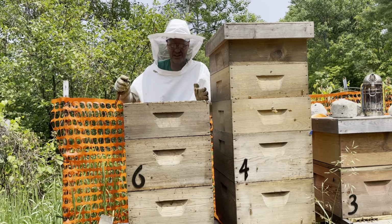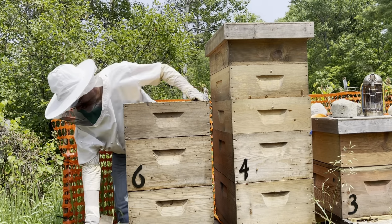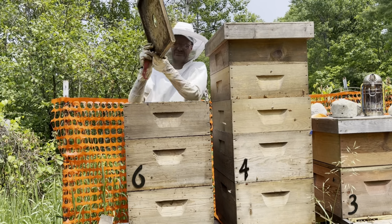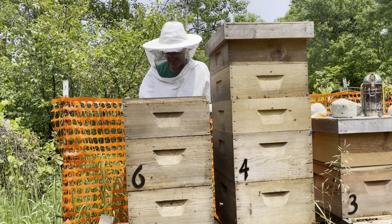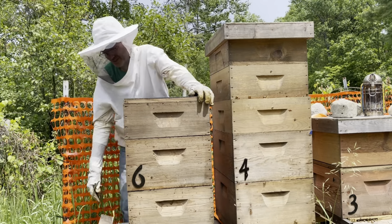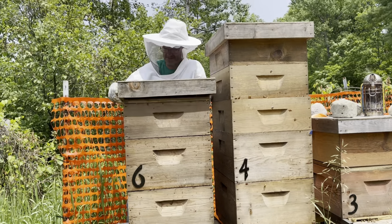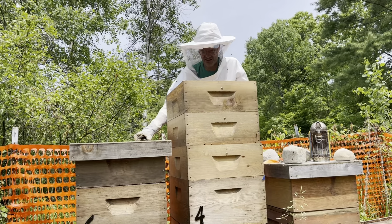This is the only one that has not been 9-frame spaced. And unfortunately, there's no reason to go any further. I think the goal of 100 gallons just went. So colony 4,